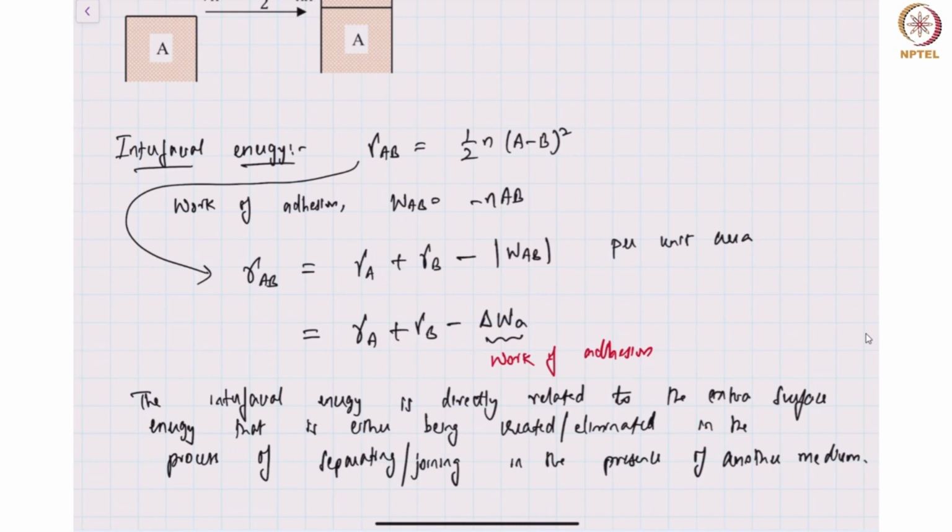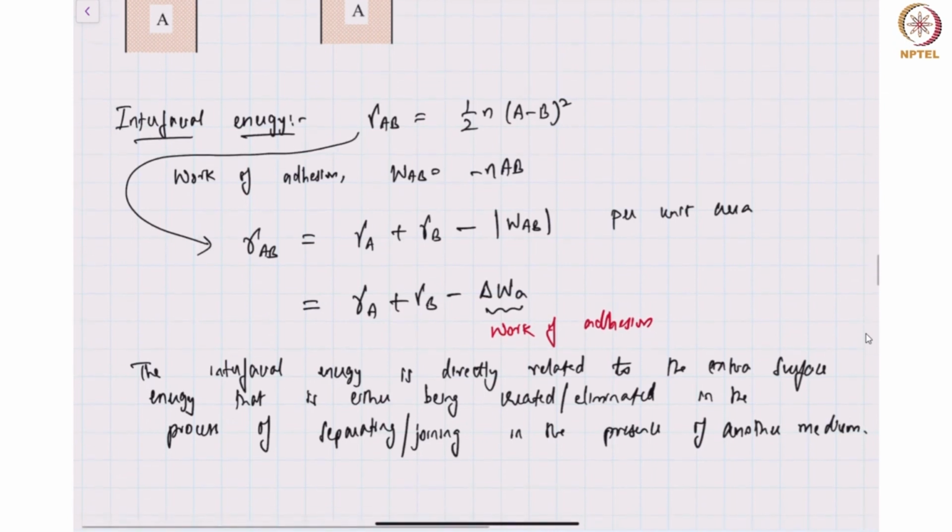Okay. So we can also relate it to the work of cohesion that we wrote down. So if I write down, I know that gamma A is directly connected to the work of cohesion. So WA by 2, WB by 2, that will be the work of cohesion minus the change in free energy because of the work of addition. Okay. So this is a very quick and short introduction to the thermodynamic origins of interfacial energy and surface